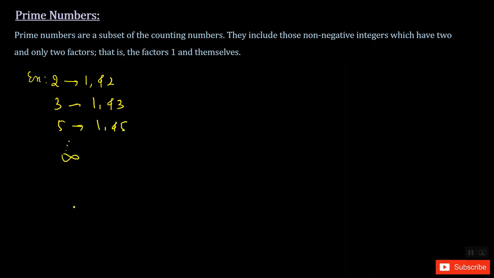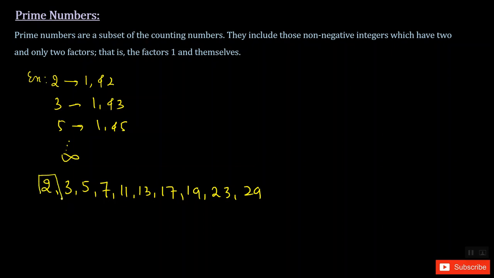If we make a list of the first 10 prime numbers, this is how it goes: 2, 3, 5, 7, 11, 13, 17, 19, 23, 29. All right, look carefully at this pattern. What you can see is